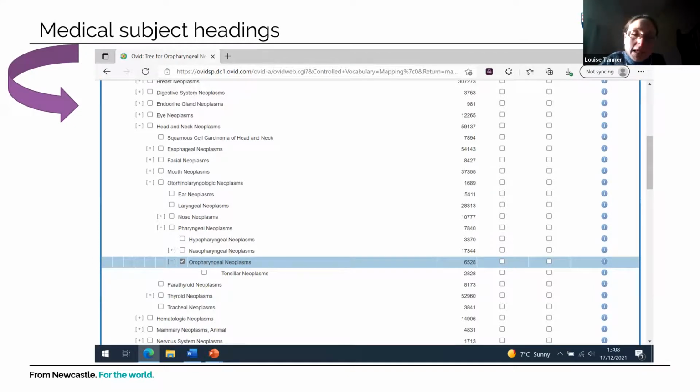So it would probably give you this list, and then you would need to identify which of these mesh headings are relevant to you. You could do that by clicking on these information symbols, which will give you a definition of what each of these mesh terms refers to. And so if throat cancer was your outcome of interest, you would need to decide which of these mesh terms are relevant.